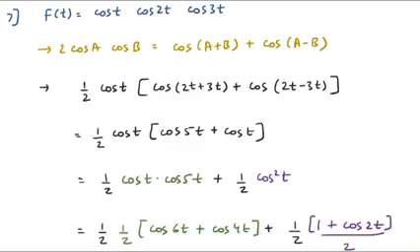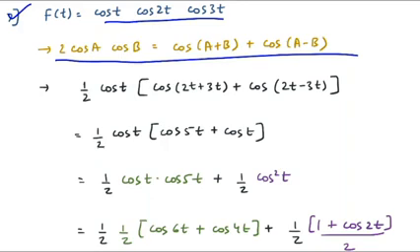Now we will see some hard questions, so make a note of this question. f of t is equal to cos t into cos 2t into cos 3t. Tell me what is the Laplace transform of this function. It is sure that you cannot split the Laplace here, but then you have to use some identity. Yes, you have studied the identity for 2 sine a into cos b, but here we have all the terms as cos. For that, this is the identity.